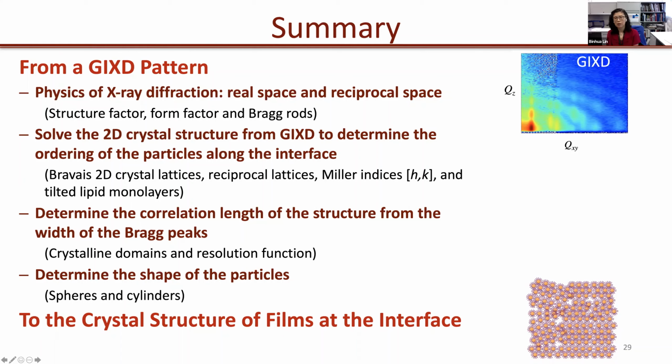We also worked on how to understand the diffraction patterns from monolayers that are tilted in reciprocal space. After that, we worked on how to determine the correlation length of the structure from fitting the diffraction peak with the instrument resolution function. And finally, we saw the functional form of the form factors for a sphere and a cylinder, and how to use them to obtain the shape or size of particles from the diffraction peak. And that's all for the